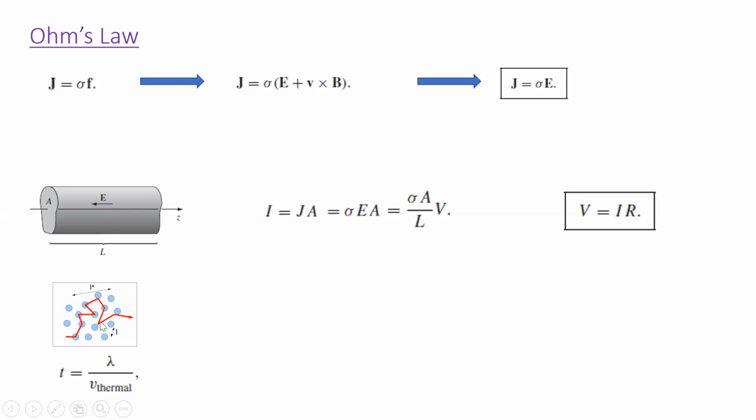At a normal temperature, they're vibrating. Okay, so the typical time between collisions would be the mean free path over the thermal velocity. So then the average velocity, the average drift velocity, that is, moving to the right, would be equal to